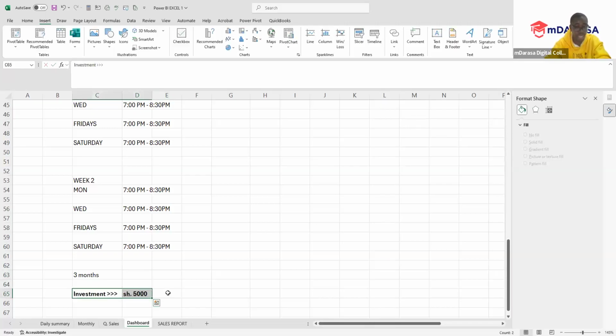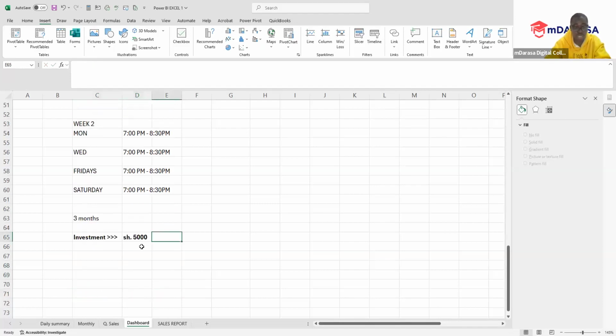only. And if at all you feel you cannot pay all this at once, we can allow you to pay part payment, so that you can clear the rest before we finish. So part payment, you can be required to pay like 50%, so that before we finish, you clear the other